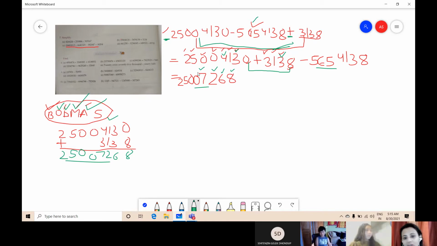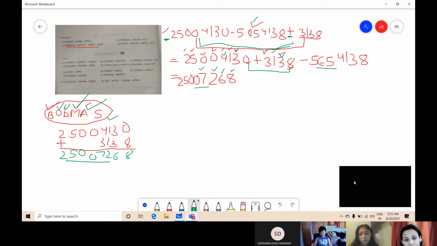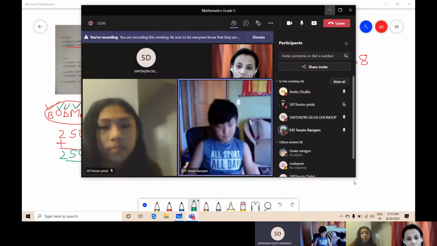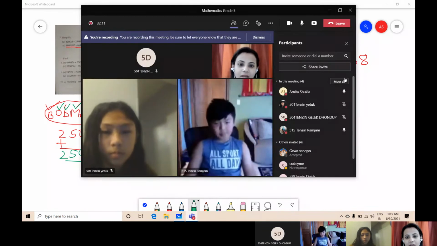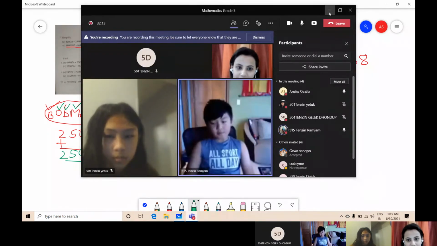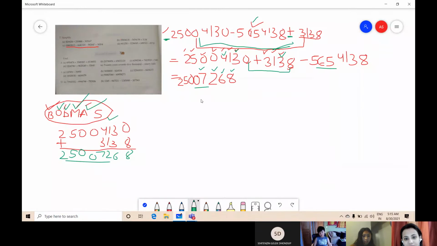So up to here, is it clear? What I have done, I have added it. Okay. Please tell me, up to here, is it clear to everyone? Yes, it's clear. Okay, is it clear both the methods of addition? You can directly, or you can make the columns. If you are making the column, make it in the rough, and if you are writing directly, then you